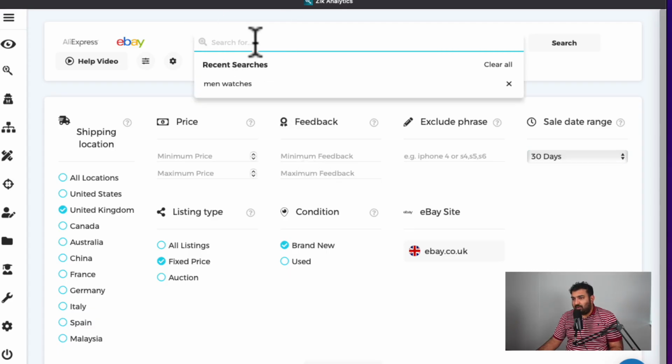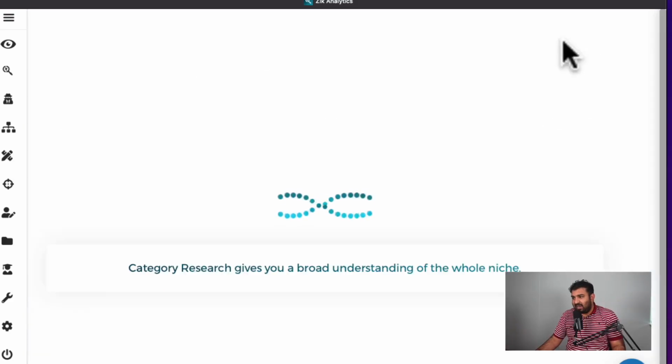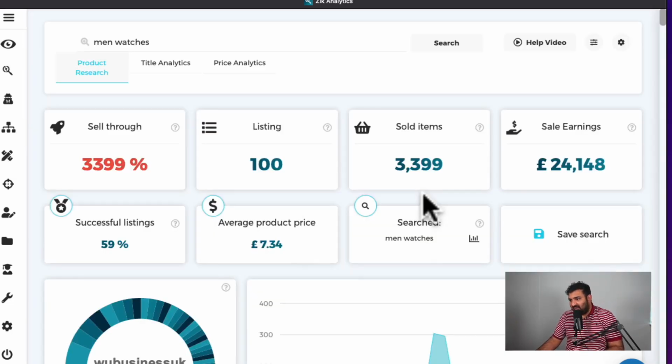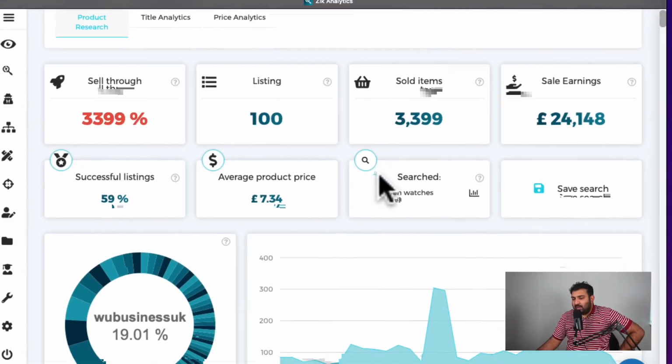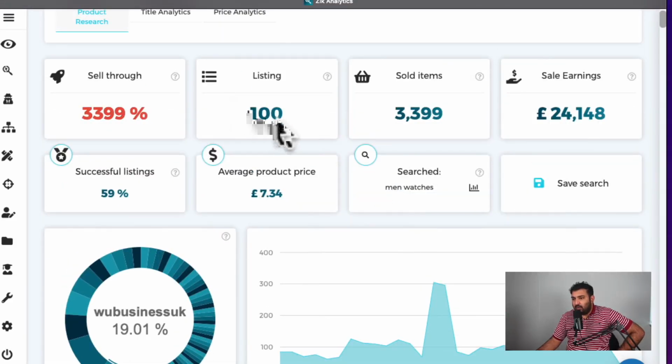We will do the product research, let's say for men's watches, just to get a little bit of an idea if I can find products which I am able to sell in the category of men's watches, as well as if there are particular products in this category. So first of all, Zik Analytics will give you a quick view. Does it have 100 top listings? It found 100 top listings,